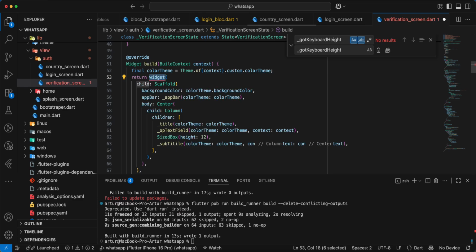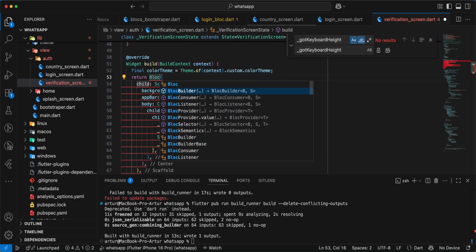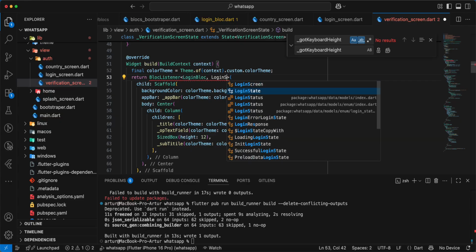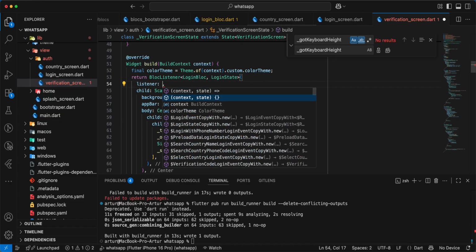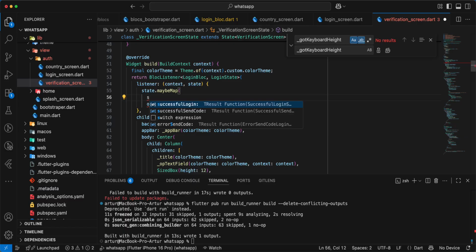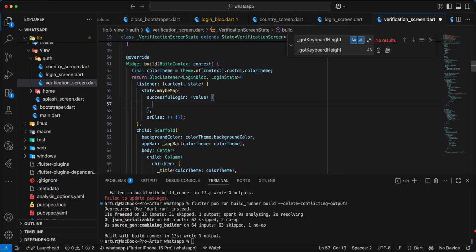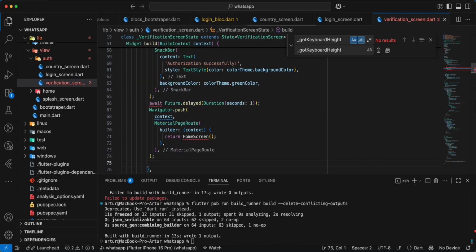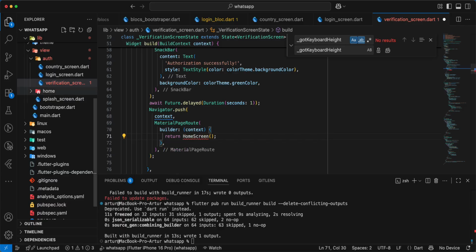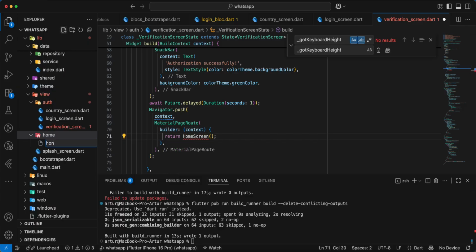Next we add BlocListener, write LoginBloc, write LoginState, listener, write state maybeMap, add successful login, write async, and we add home